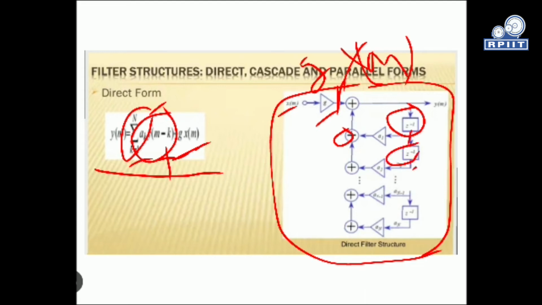That Z minus 2 again we will multiply with this factor, then we are over here with the Z minus 2 factor, then the a2 factor, then summation over here, right? And a3 we will multiply again with Z minus 1, then a3 over here, then plus, and we will get the signal up to the Nth. Finally we add the signals and get the output y(n).